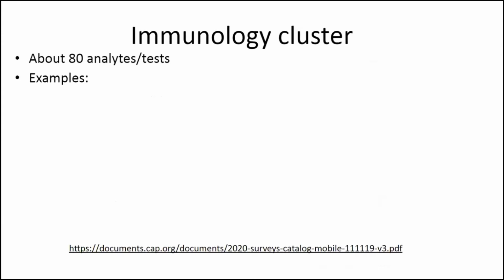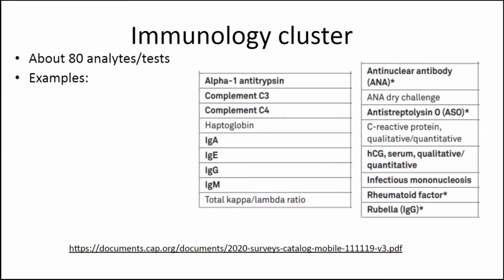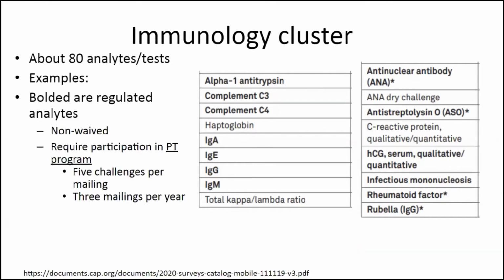Flow cytometry and immunology are both such large disciplines that we split the work into 2 clusters. The immunology cluster is responsible for about 80 analytes or assays, such as these on screen. This is only a very small fraction of them. The bolded analytes are regulated analytes. This means that they are of moderate or high complexity, are non-waived, and require participation in a PT program, which consists of 5